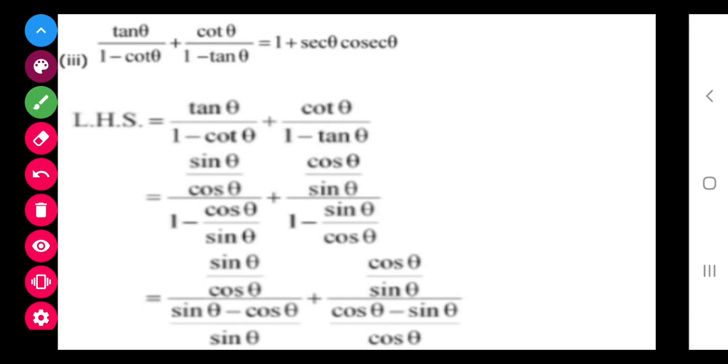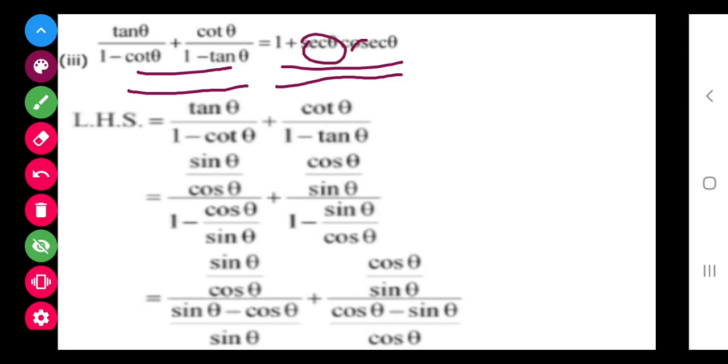Next. Class, this is the most important question and very different, and a big calculation is needed for this question. So class, first of all, if you see the LHS and RHS, again in the LHS there is a lot to solve and very little to solve in the RHS. So we will take the LHS only. Now if you see the answer, it is sec and cosec, which are the reciprocals of cos and sine.